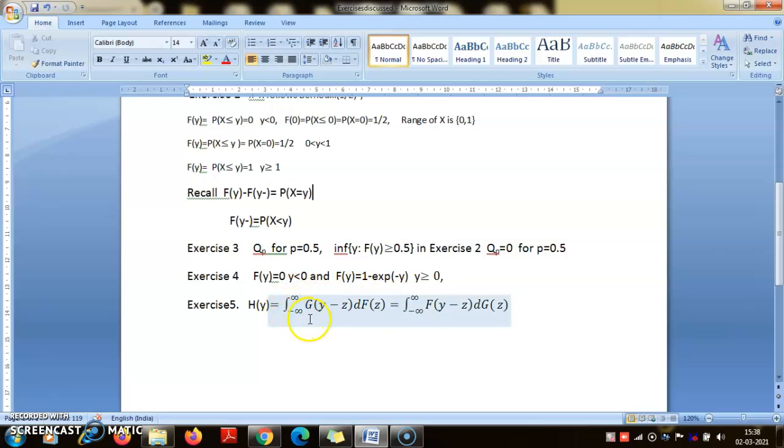So if you see, this is a Riemann-Stieltjes integral. Now you could integrate g with respect to f or f with respect to g. They will be one and the same. Why? I will come to that in a minute. But the point is that the result of this integral will be a new function in y. My claim is that